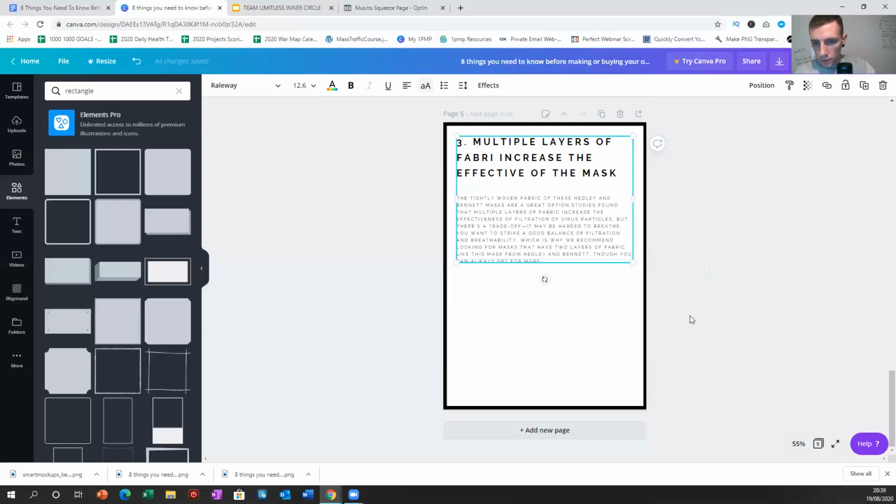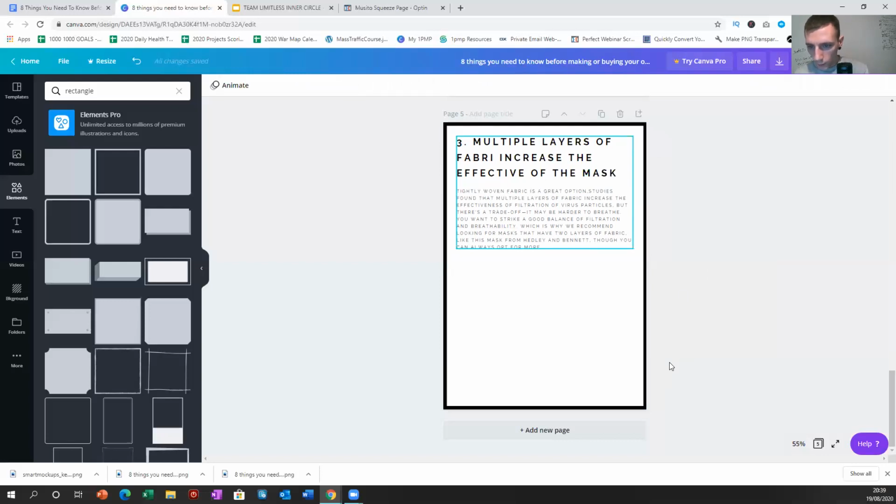Paste. So it said the tightly woven fabric of these masks is a great option. Tightly woven fabric is a great option. Studies have found multiple layers of fabric can increase the effectiveness of filtration of virus particles, but there's a trade-off. It may be harder to breathe. You want to strike a good balance of filtration and breathability, which is why I recommend looking for face masks that have 2 layers of fabric, like this mask from